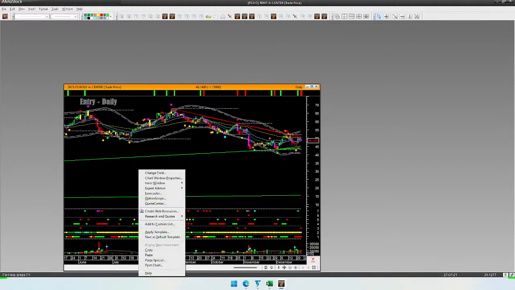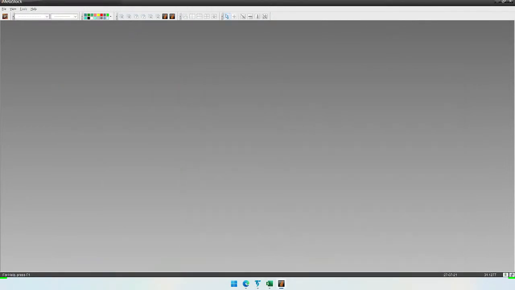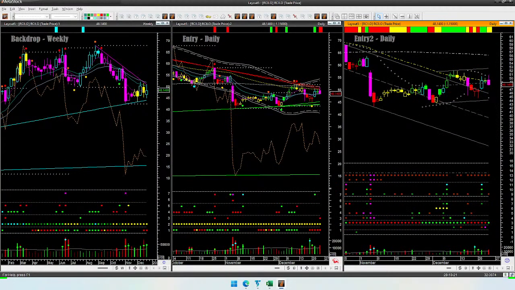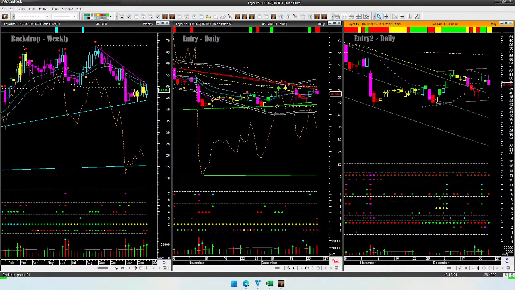Last one, RCII. Here, though the daily is looking bearish enough, weekly backdrop color is bullish and it's inside a range also in a way. So when I looked at weekly, daily both, I'm not happy to short RCII. So I am left with one stock so far, DK, and I would like to check the fundamentals of the last stock we analyzed,